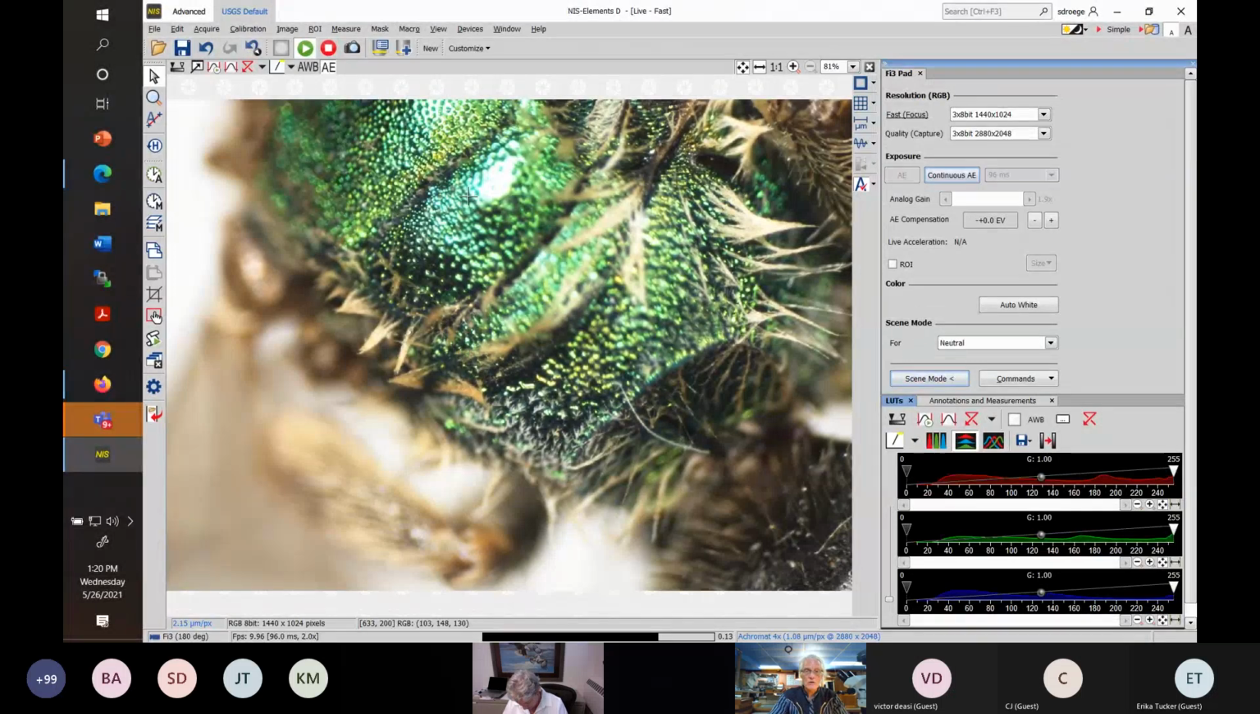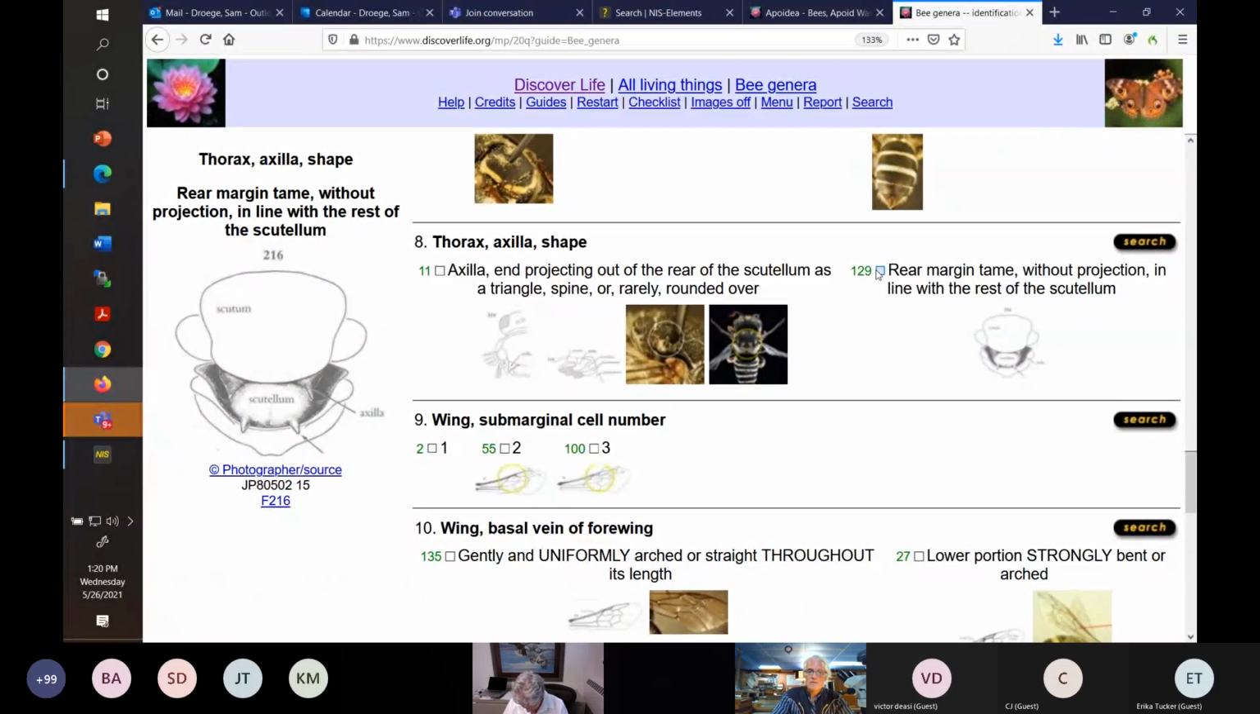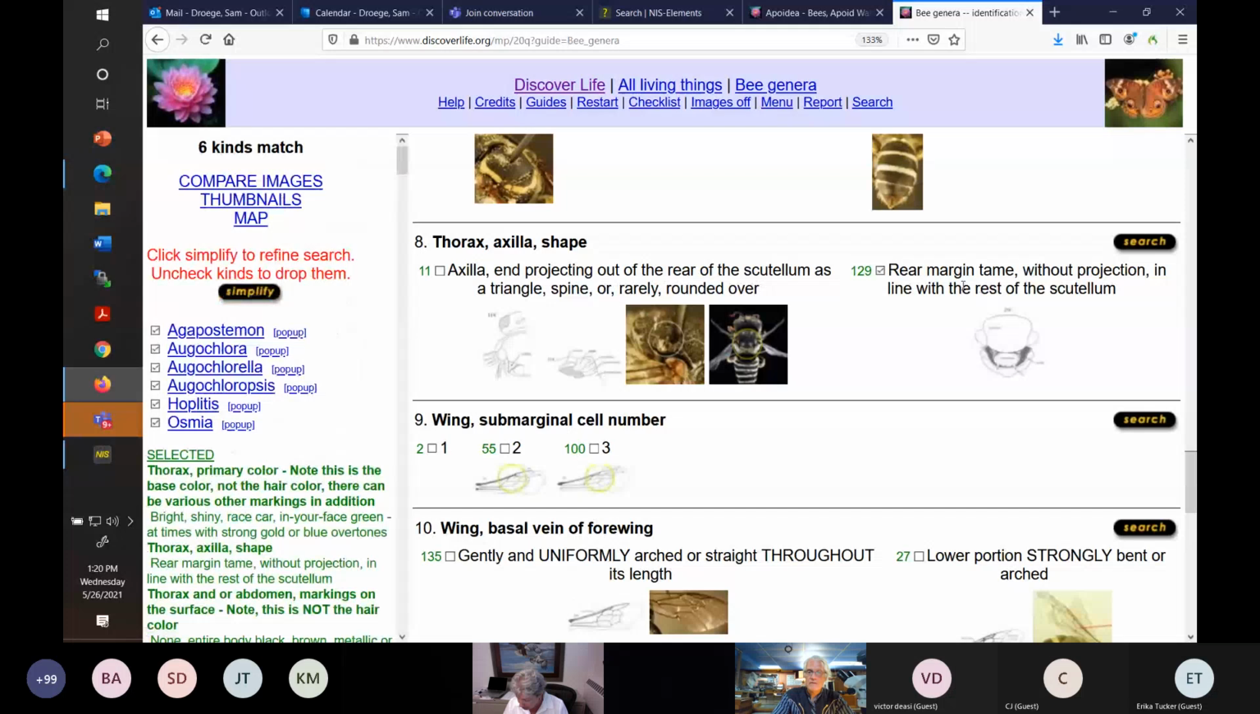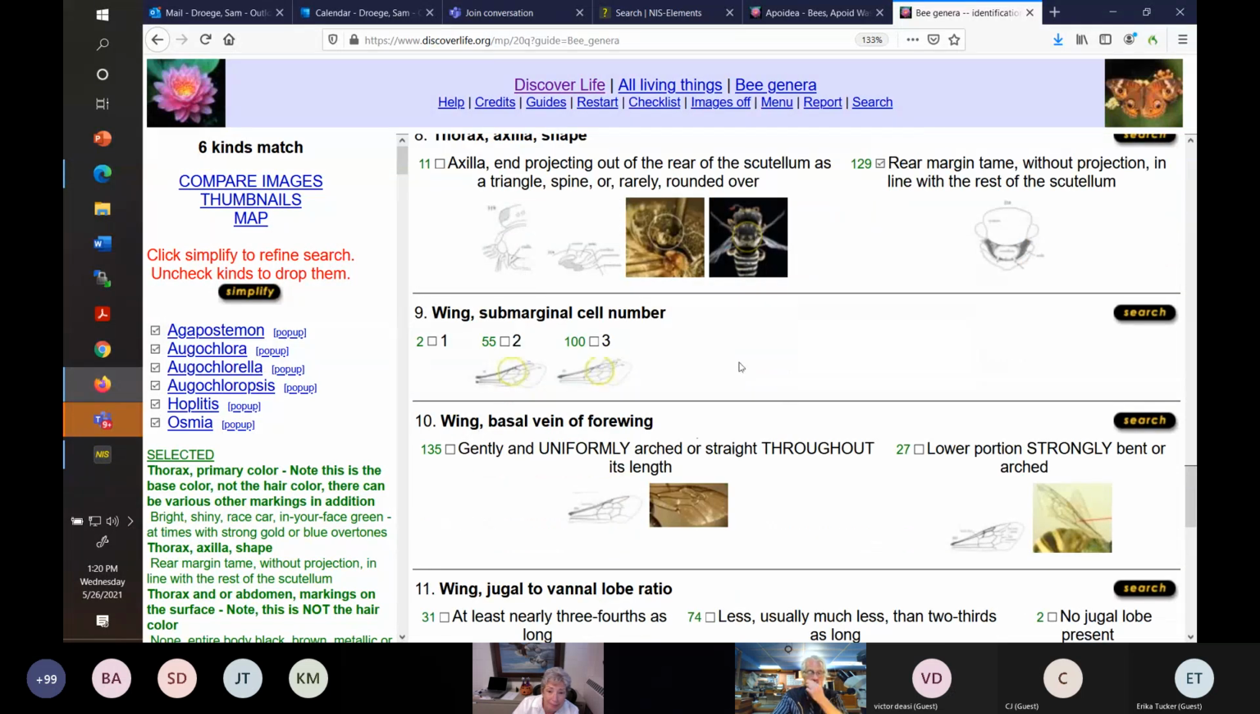So now let's go back to the guide. So we've realized that we have a rear margin that is the same. Again, still 6 kinds, not useful in this particular situation, but you're learning, so you will develop your path through these guides. I would be tempted, for example, right now to simplify the guide because I already have just 6 left. We started out with whatever that was, 200 genera. But I want to go through these top ones so that you learn about the